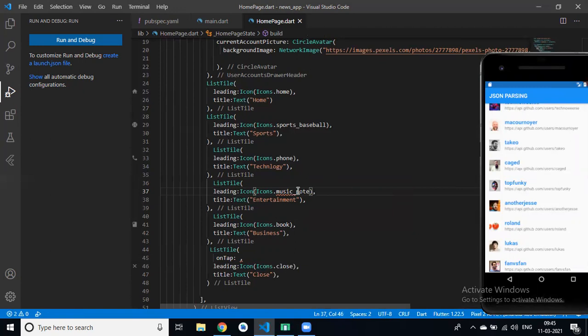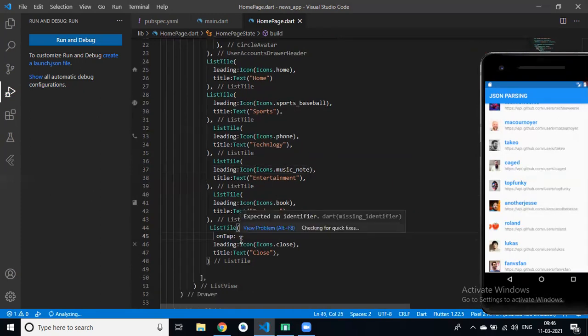Yes, Roshan, music underscore note, right? So in on tap, now we can set Navigator dot pop. Did you remember? Navigator dot of context, then pop. Pop means close this header, right? Yes.